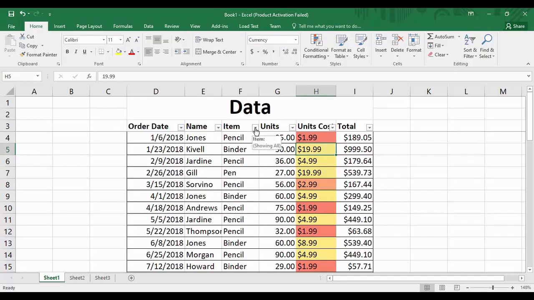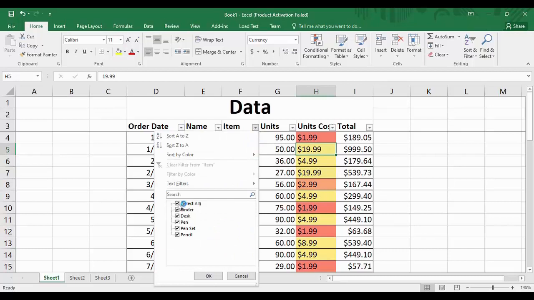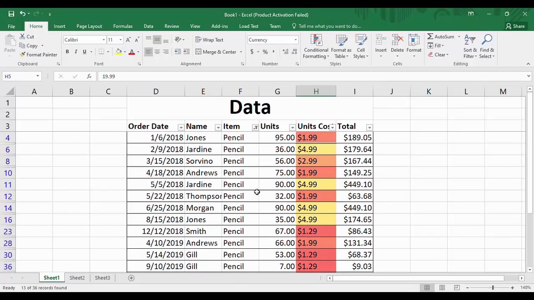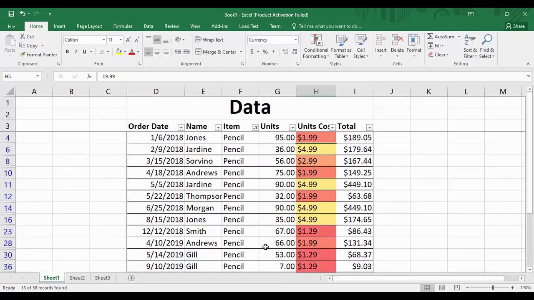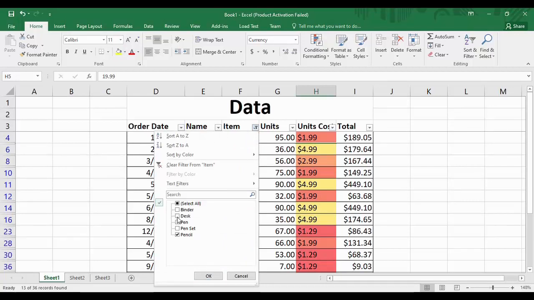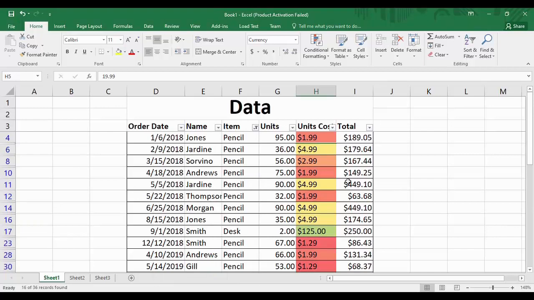And in the same way, you can apply these different kinds of filters. Like in the items tab, you can view only the pencils. You can just click on OK, and you can see the records only where the pencil is being stored. And if you want, you can filter by more than one value, like pencil and desk, and then click on OK.